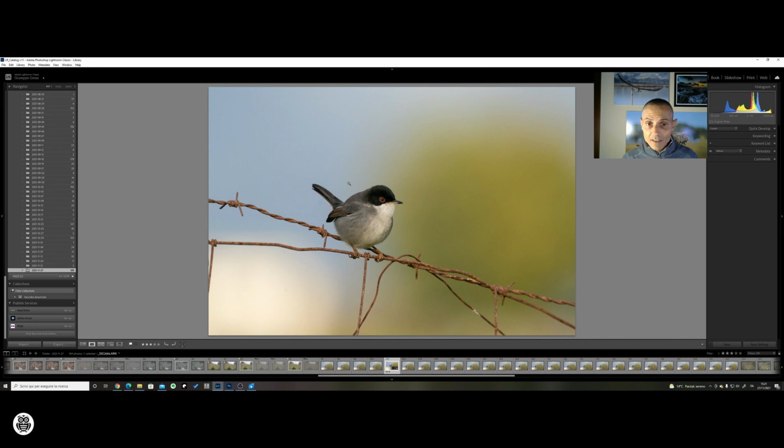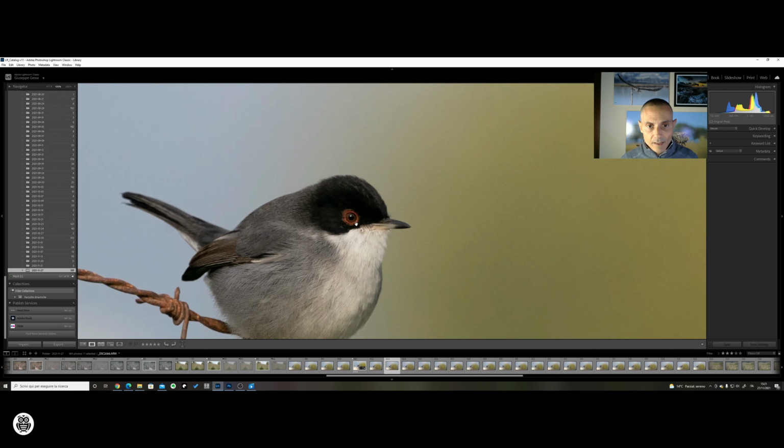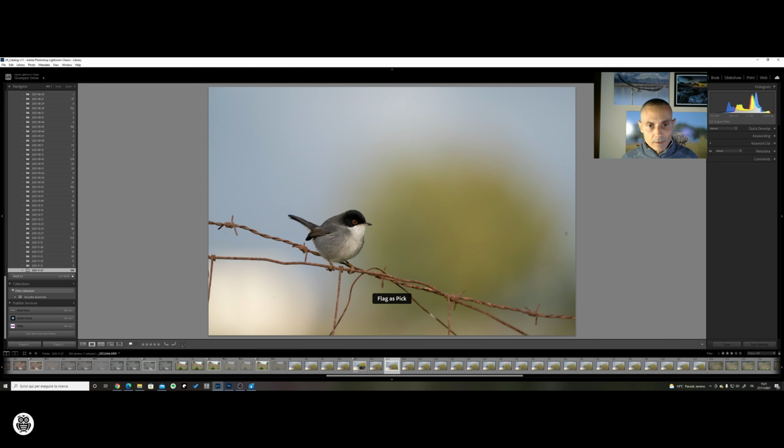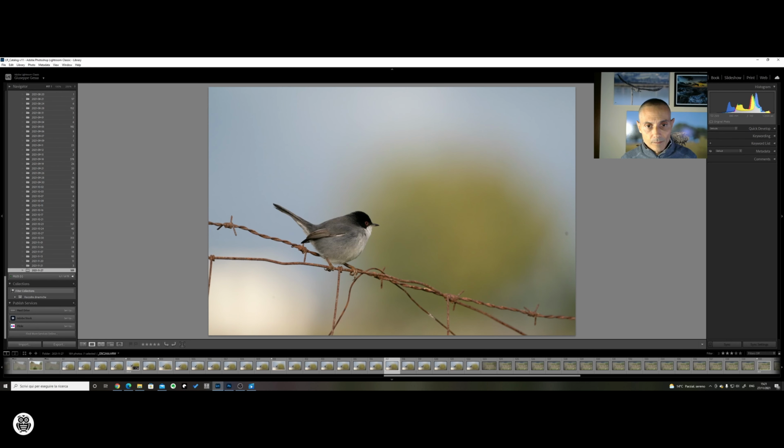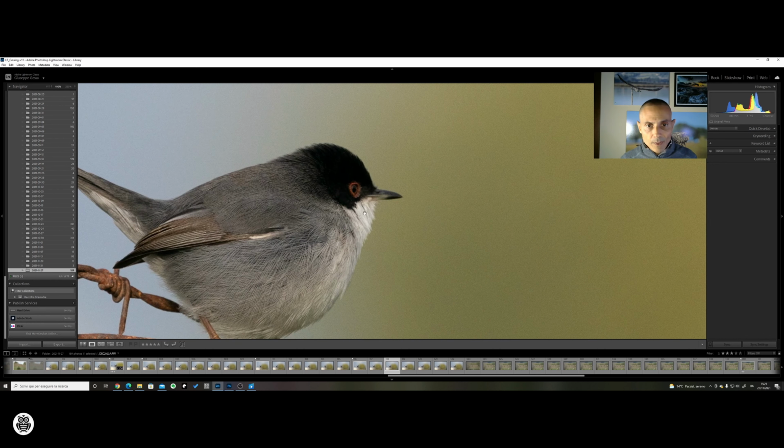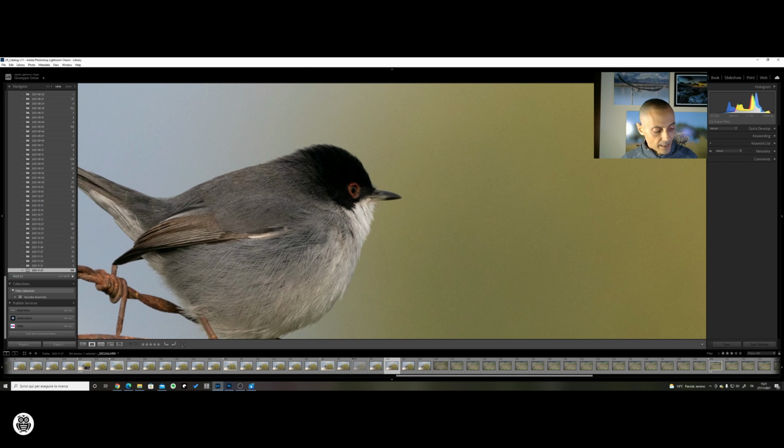And this I like so much, so I had already chosen it for editing. This one is good. They're pretty similar. This one is good. Also this one. Not so much, because the head is a little bit out of focus, so I prefer to reject it, like this one